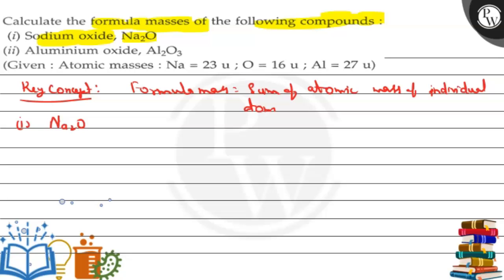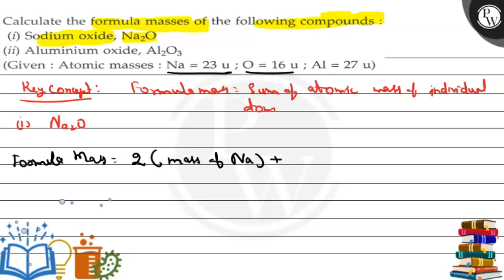So we have sodium ion and we have oxygen. So atomic mass of sodium is given in the question, that is around 23 units, and also atomic mass of oxygen is given in the question. So formula mass will be equal to 2 multiplied by mass of sodium, mass of Na, right? And we have to add this and mass of, or you can say atomic mass of